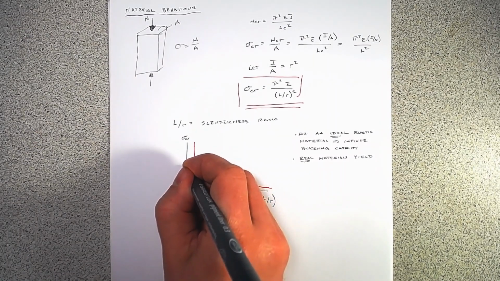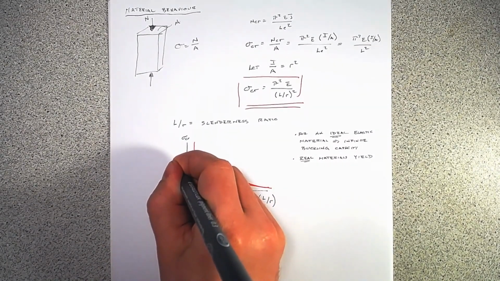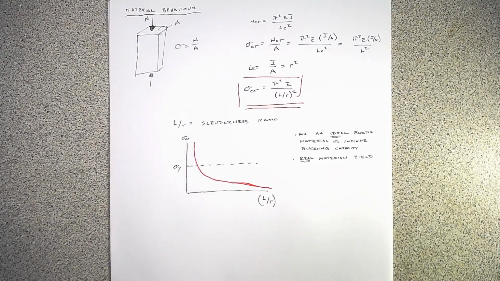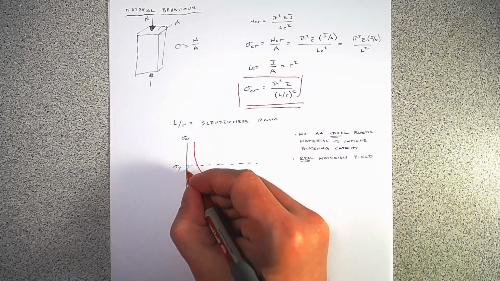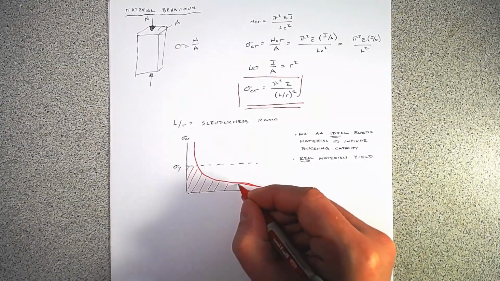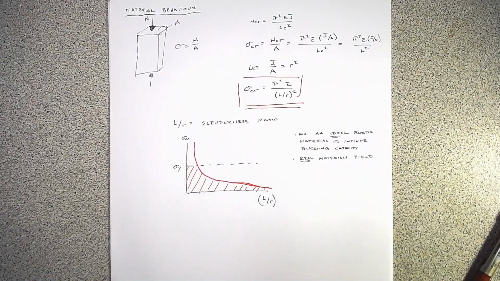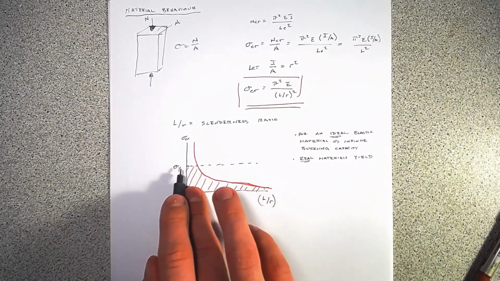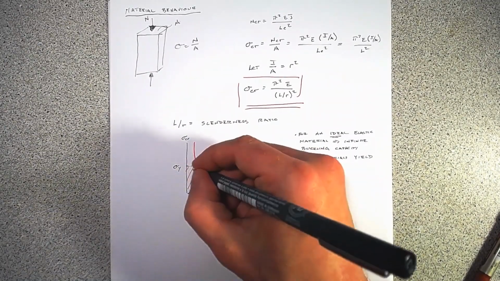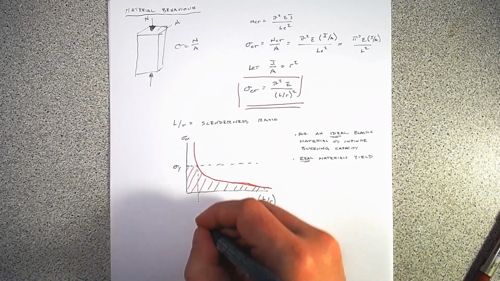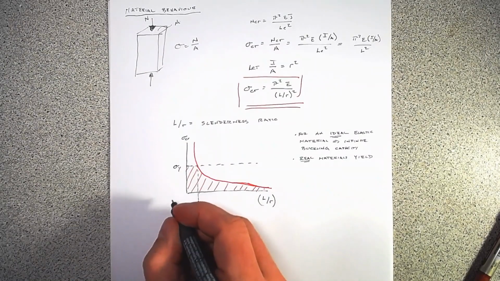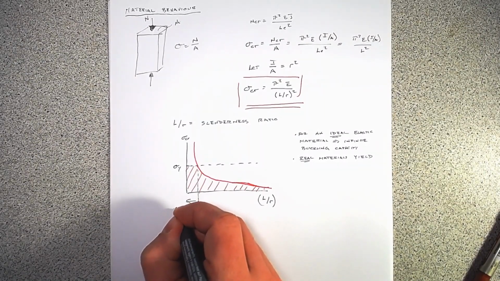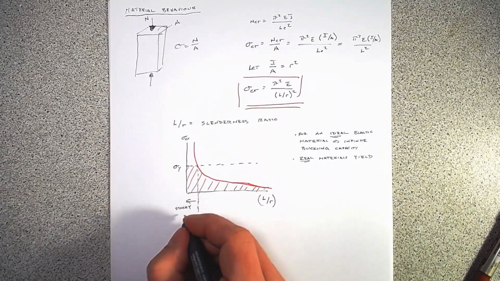And so, what's going to happen is if on our stress axis we put in the yield stress of the material and we send that over, well, this area below the graph is what we're looking at. It says that, depending upon our slenderness, we will either buckle globally or we will squash. So there will be this delineation of our slenderness ratio where if L over r is less than this, it's a stocky section, stocky column,